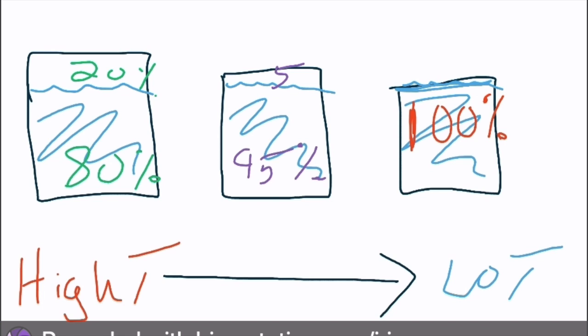So in this scenario, if we continue to cool and cool and cool off that air, its ability to hold water is less and less. So as you can see here, that's our initial scenario from the previous picture, 80% relative humidity. Then we continue to cool it off, and now that same water fills up the cup 95%. And if we cool it off enough, we can get it so that the cup holds exactly the amount of water that's in it. This condition is called saturation.